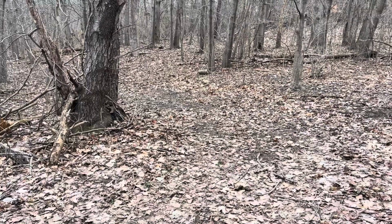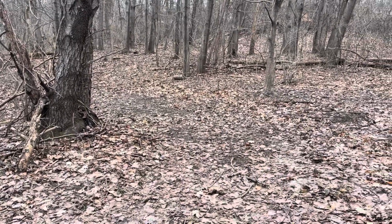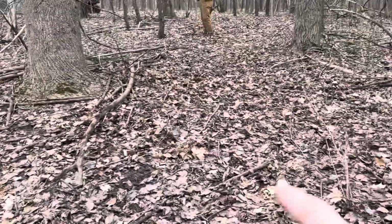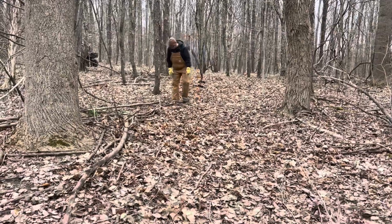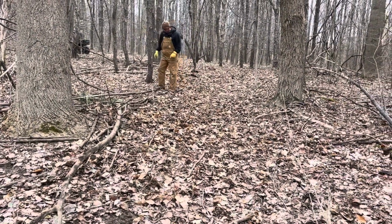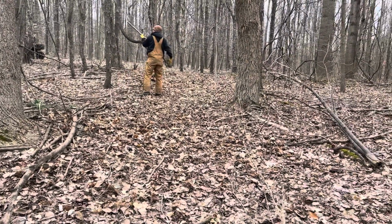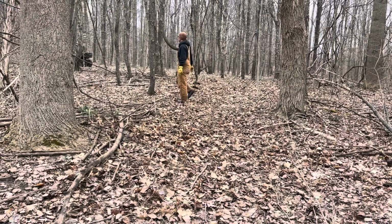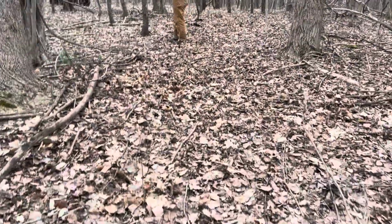I'm not sure if you can tell, but this is our path that comes through our main trail, and it comes around, and this is our new path that comes up through here where Andrew's standing. He's just cleaning out the little sticks here and there. We actually couldn't tell where the trail began because the sticks were in the way. We were out here till dark last night. I mean, we came out about an hour before dark and did a little bit of cleaning up,